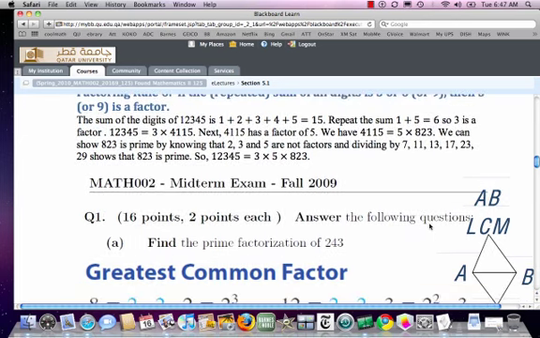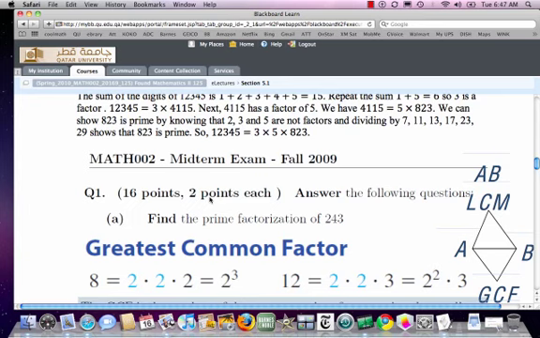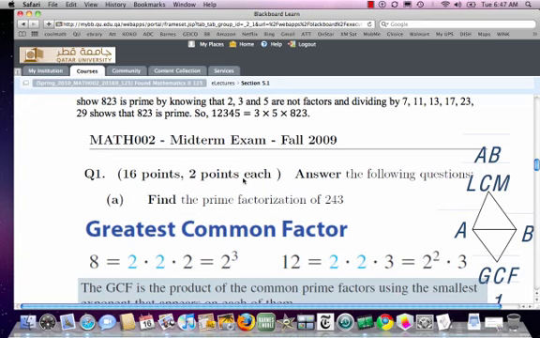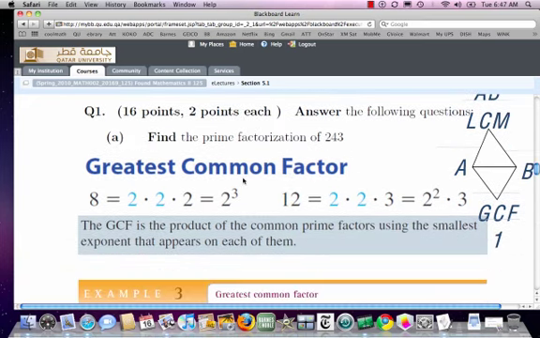Now I have here questions from last year's midterm. These are the things that you should really try to do in class. You will see immediately why we're doing this, because you're going to have questions like this on the midterm when that time comes. Then we have the idea of the greatest common factor,